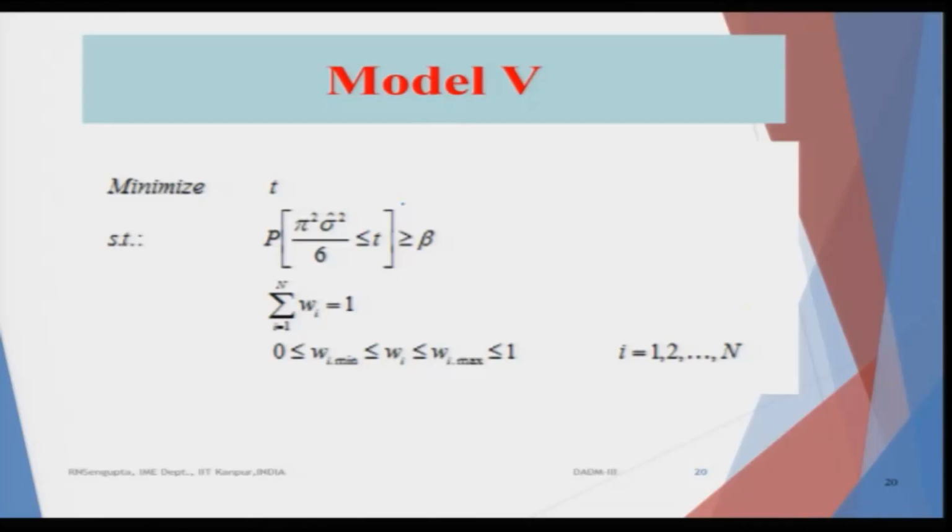In case I am continuing, the problem formulation again is exactly the same. Here this pi square sigma hat square by 6 is basically the variance of the EVDs, or extreme value distribution, for a portfolio, and then sigma hat square would be calculated based on the portfolio which you are formulating considering n number of stocks where each stock has EVD returns, and how we combine them, we can utilize the concept of copula theory also to find out the interrelationship between the stocks, and hence we can combine them to find out the portfolio.